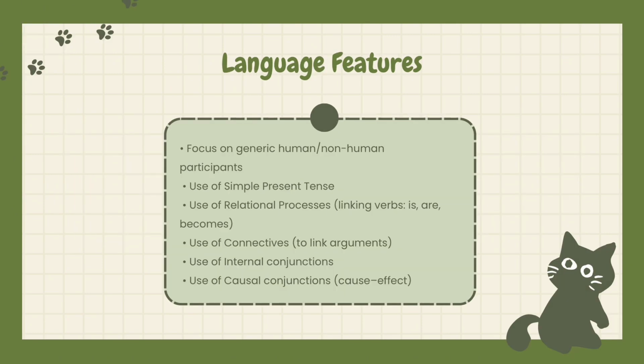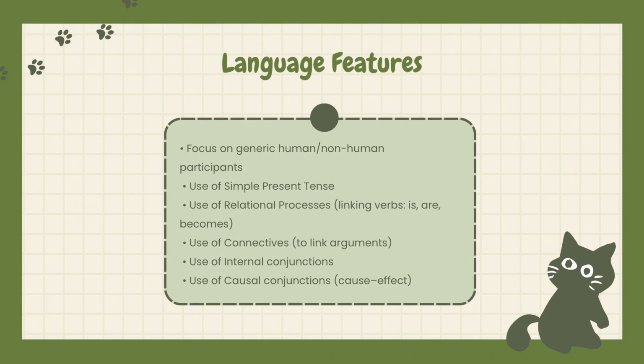An analytical exposition has several common language features. It usually uses the simple present tense because it talks about general facts or opinions. It also uses relational verbs such as is, or become to make statements. The text focuses on general participants, not specific individuals, and it uses connective words to link arguments and show relationship